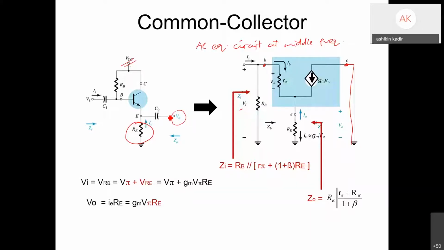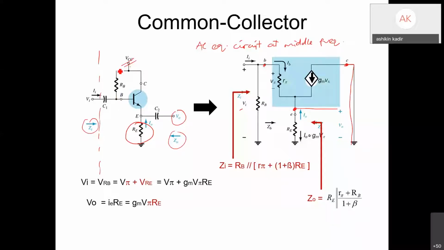Okay, output is pointing to emitter. So you can draw something like this. Okay, so it is pointing to the V out. And then you must label all the R pi and also GM V pi inside the BJT, and your ZI, Z out. Okay, so your ZI is pointing to the base node